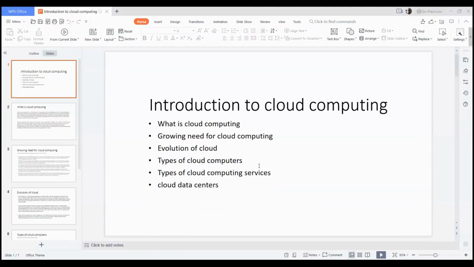The session. So basically, we will be talking about what is cloud computing, what is the need of exactly cloud computing, and how cloud has